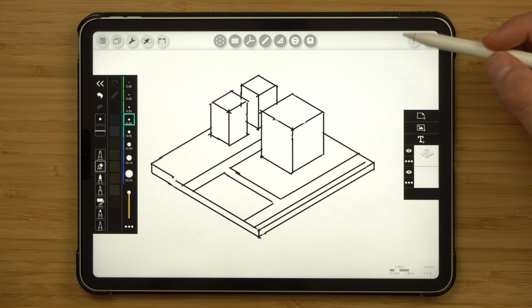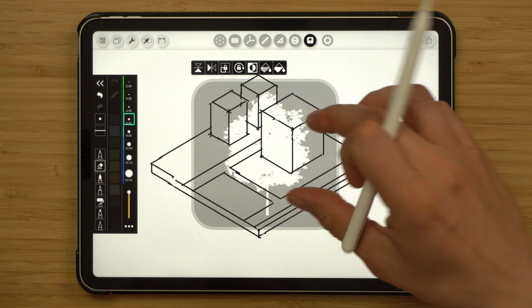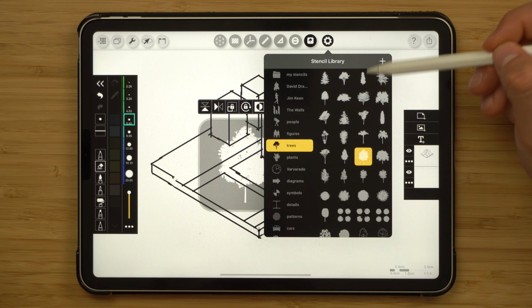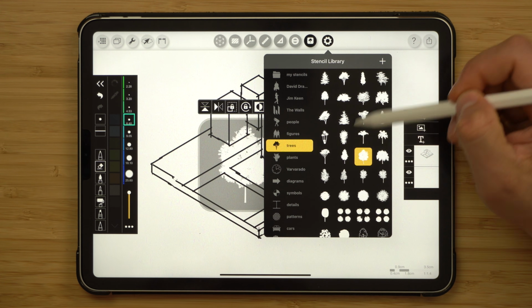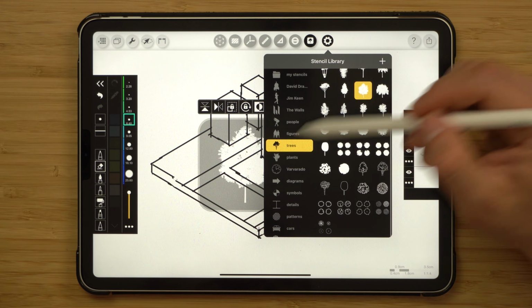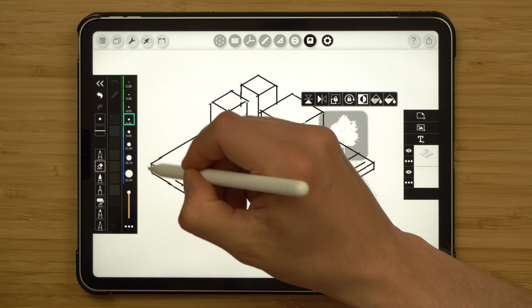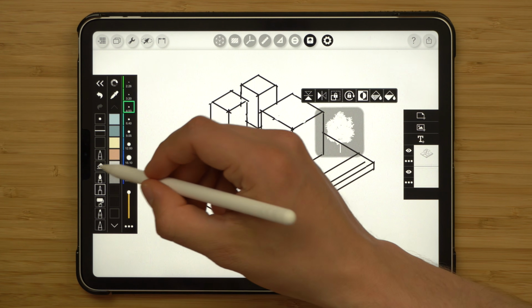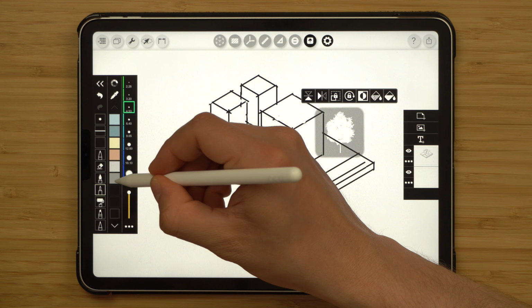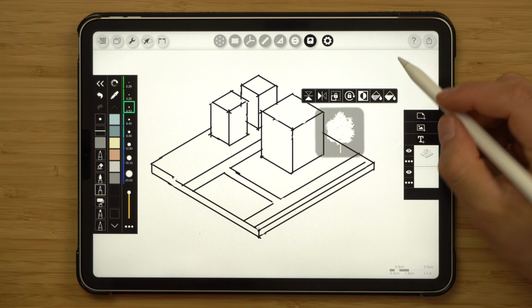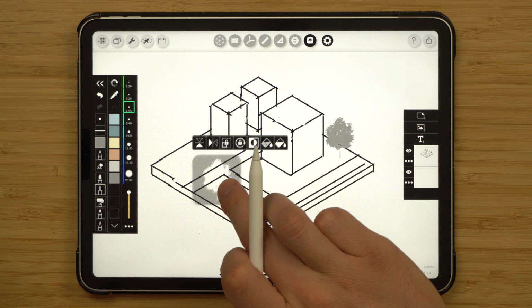Now we can add a little bit more detail. I'll go and pick a tree stencil. You can pick any shape from over here. If you go to settings, you can pick numerous presets. I'm going to go with this one here. Scale it to the right size. Pick the color I want to use. I need to be in the pen mode to enable colors, and then pick light gray and just plot a couple of trees.